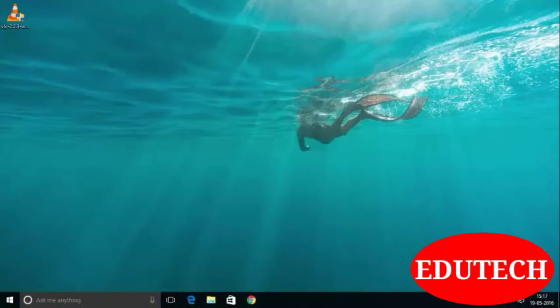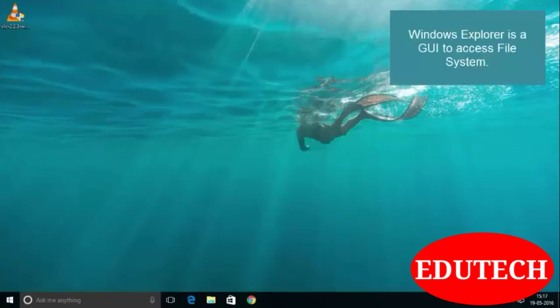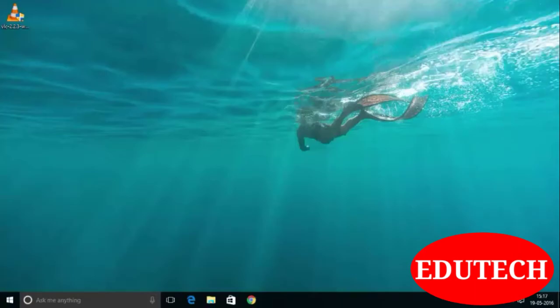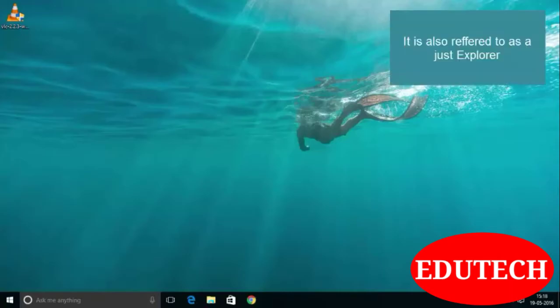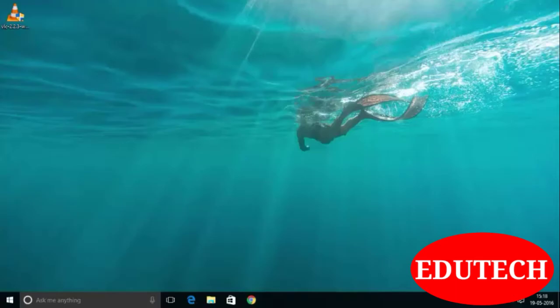Windows Explorer is a file manager application that is included with the release of Microsoft Windows operating system from Windows 95 onwards. It provides graphical user interface for accessing file systems. It is also a component of the operating system that presents many user interface items on the monitor, such as taskbar and desktop. It is sometimes referred to as a Windows Shell or Windows Explorer.exe or simply Explorer. So let's explore the various options of Windows Explorer.